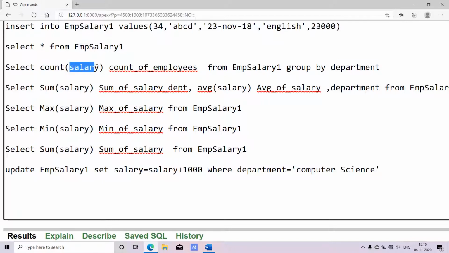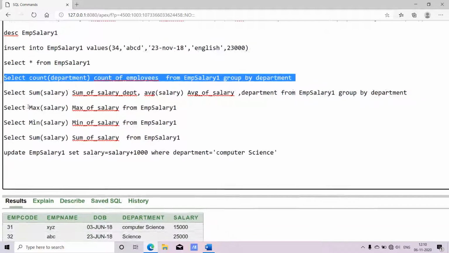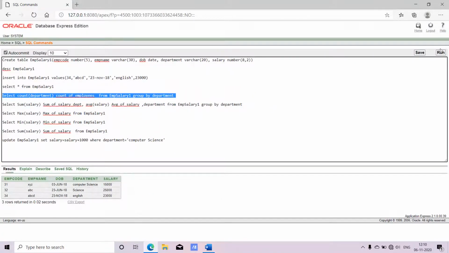Here I can use the column name salary, or I can use the column name department also. Now I need to select count of department grouped by department name. What we have written here is the name that is going to display on the output. If I'm not using that also, I'll get the output, but the name will be displayed when you use this particular line of statement. It is just like another name for that column. Okay, I have selected the line of statement.